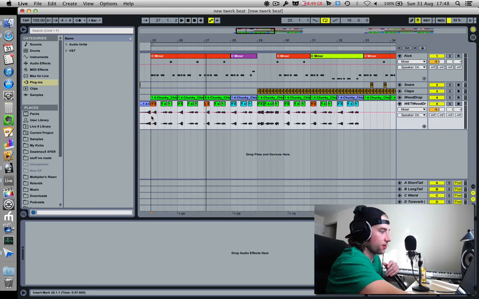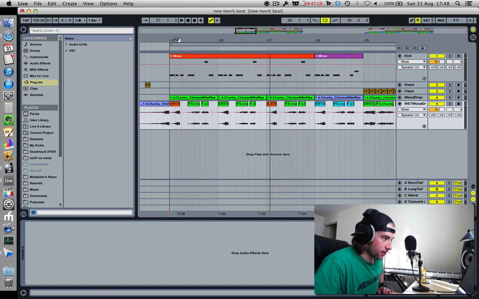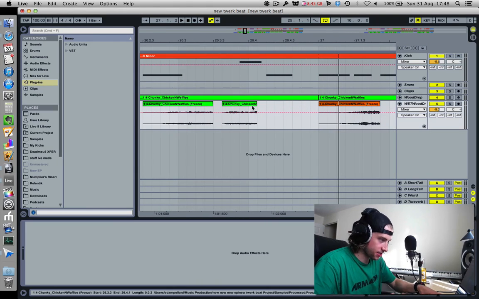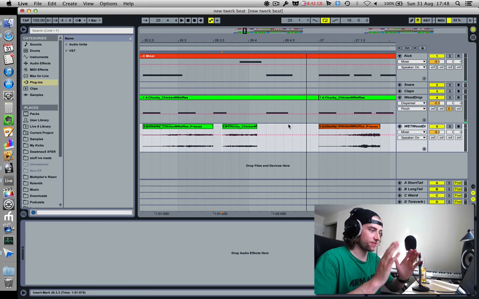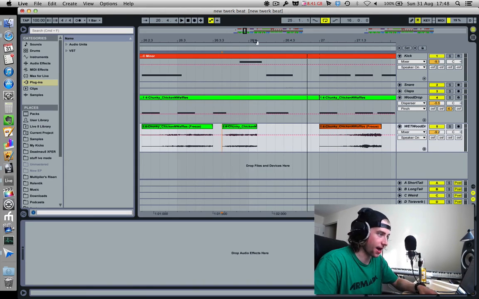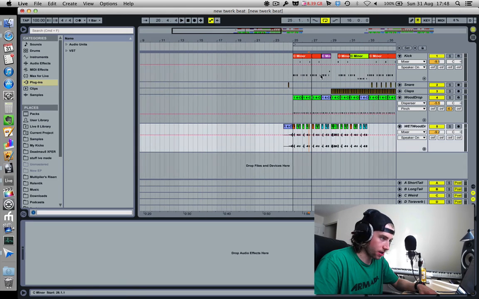Yeah, that's much better. It's amazing how that little change tied the whole thing together a lot better. What's happening is this is cutting out right before the kick and the start of the next one, so you've got this nice little stutter, like a gap, that just emphasizes it really nicely. So what we're going to do is